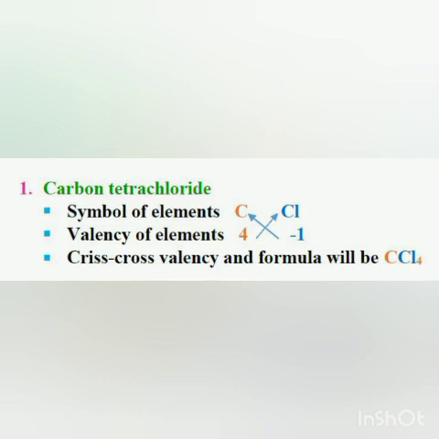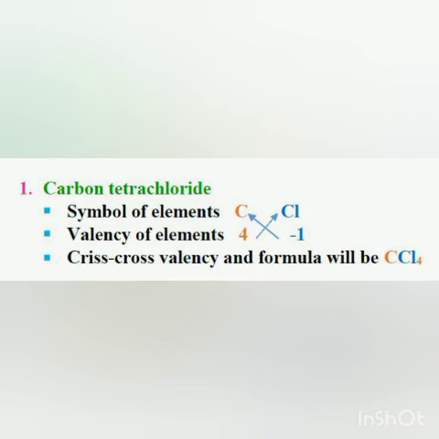Okay, so after crisscrossing the valencies, the formula which we will get is C1Cl4. So 1 we don't consider, so the formula will be CCl4. And here 4 we will write below chlorine, not in front of chlorine. So the formula of carbon tetrachloride is CCl4. I hope it is clear to everyone. So C is what? Carbon. Cl is what? Chloride. Cl4 is tetrachloride, means 4 chloride. Okay.